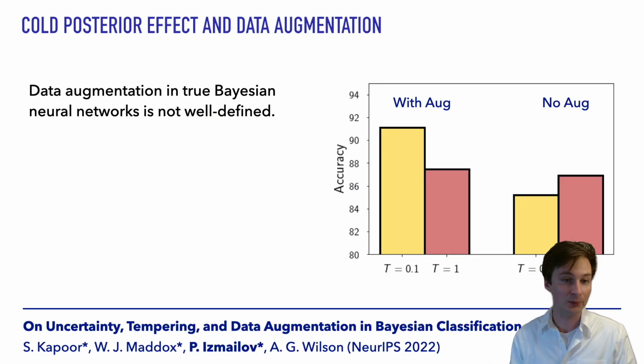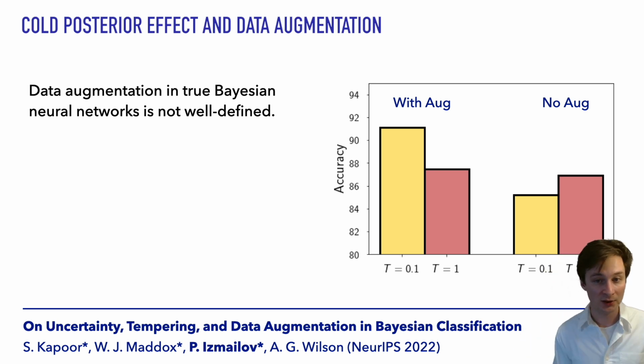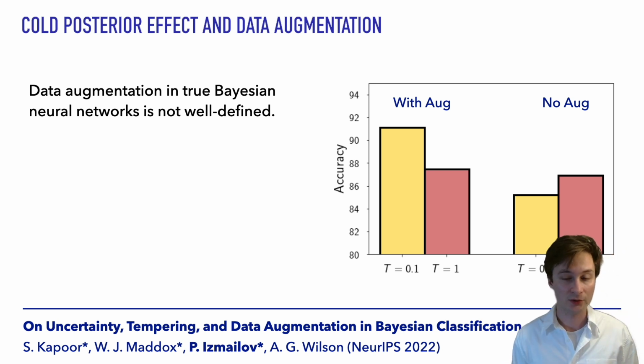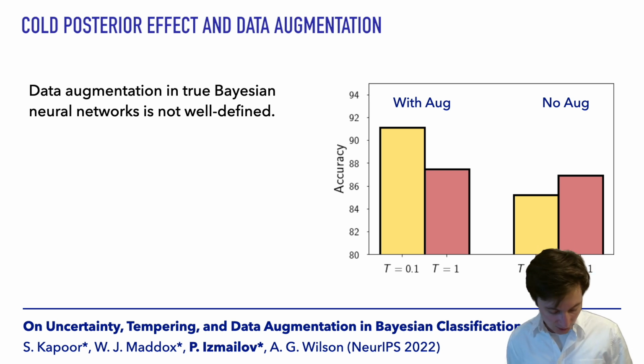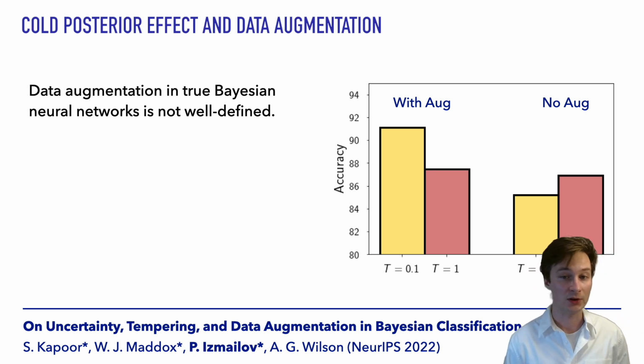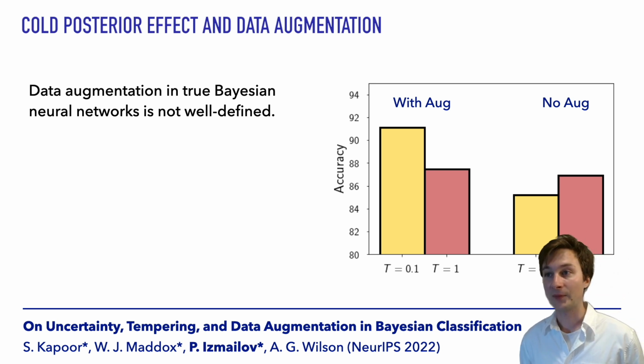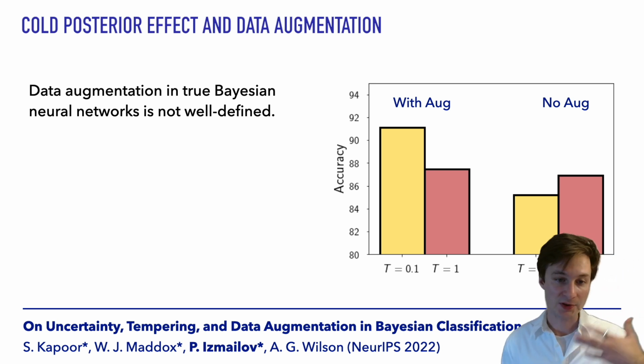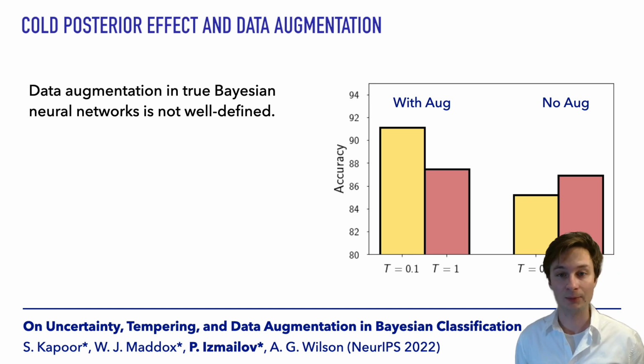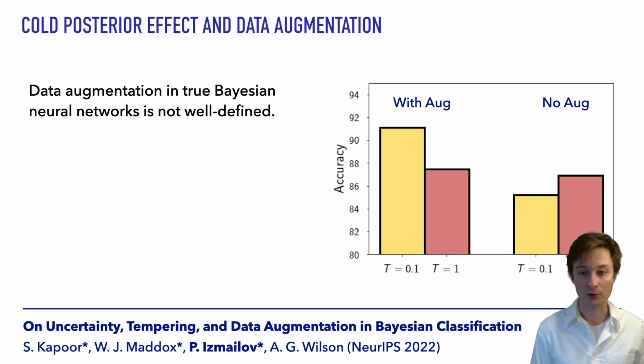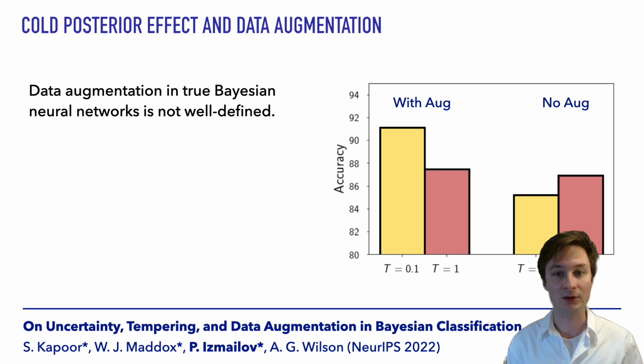To reconcile these two results, we studied this in a lot of detail, and there was other work from other people as well. But I think one of the issues is that in more practical Bayesian deep learning papers, such as the cold posterior result, people apply data augmentation, and there are challenges with defining data augmentation properly for Bayesian neural networks. If you want to define it very carefully, you cannot use it for true Bayesian neural networks, or you have to use it in a very different way from what is done practically. And more broadly,